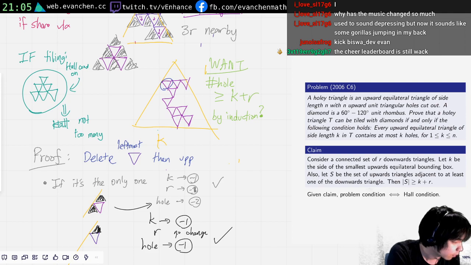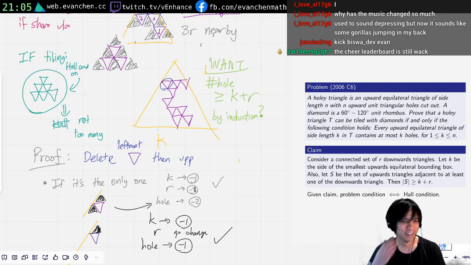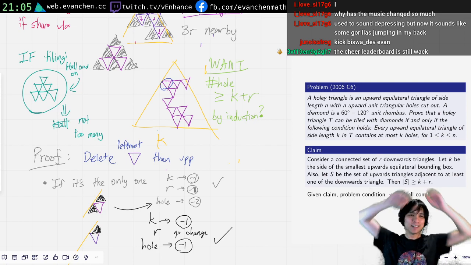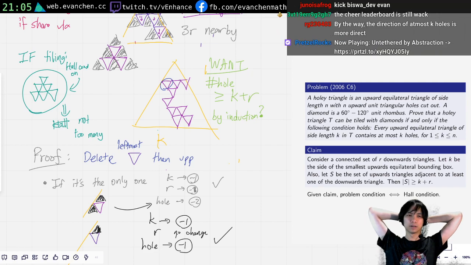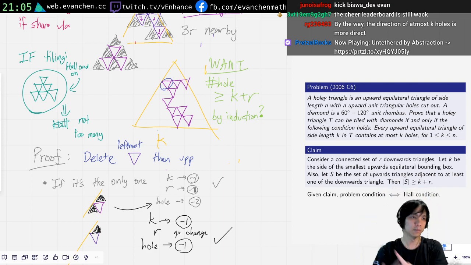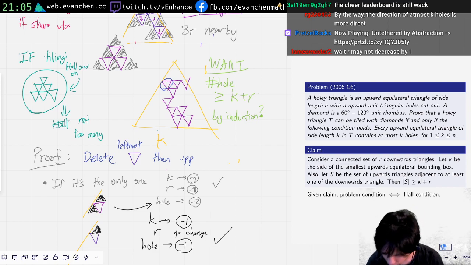Yeah. Okay, so that I think that'll do it. And yeah, Hall's lemma is really good. Oh, see, direction of at most K holes. Yeah, I agree. Because what you do is you just take the set to be the entire set of little downward triangles. R may not decrease by one? Why not? If it's the only one,